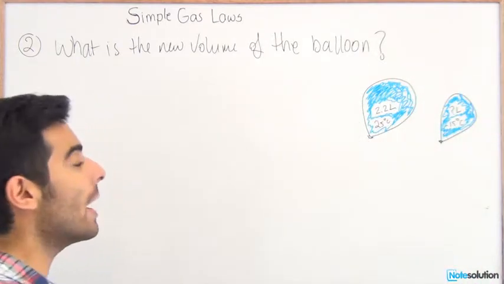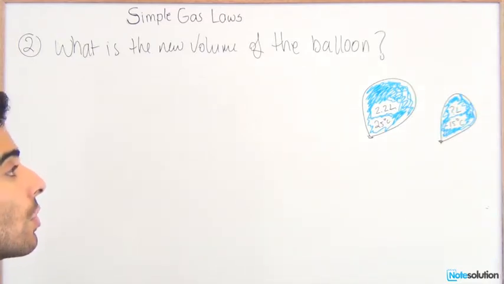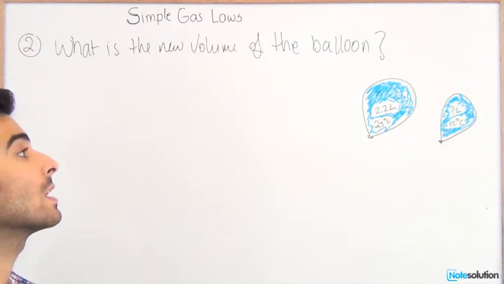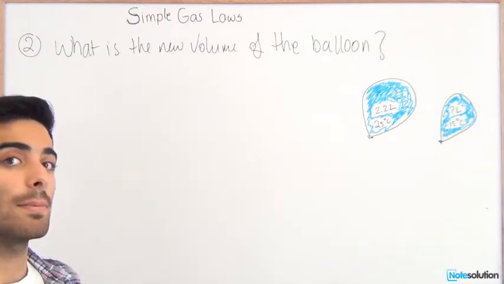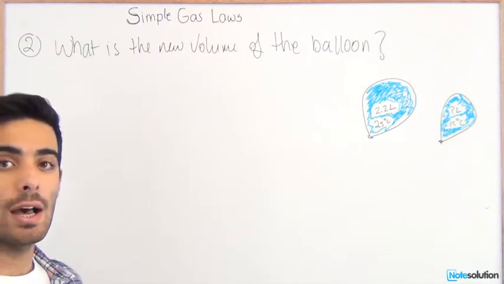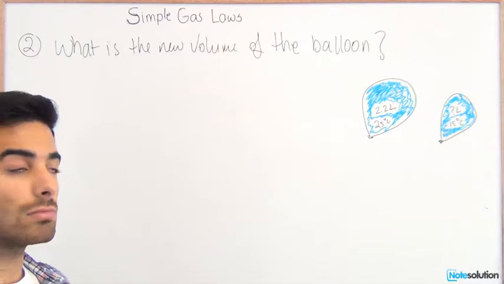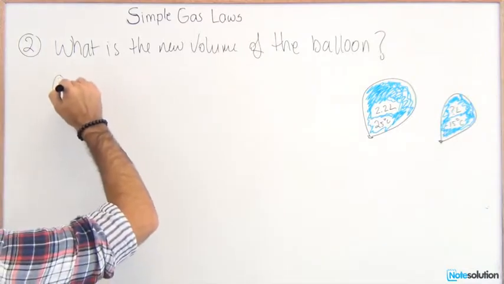Well, in order to know why, we need to know which gas law we should incorporate here. So we know that the pressure is constant and the amount of gas is constant. So it's not related to Boyle's law, because Boyle's law studies the pressure fluctuation with respect to volume. So in this case, it would be Charles' law. Charles' law states